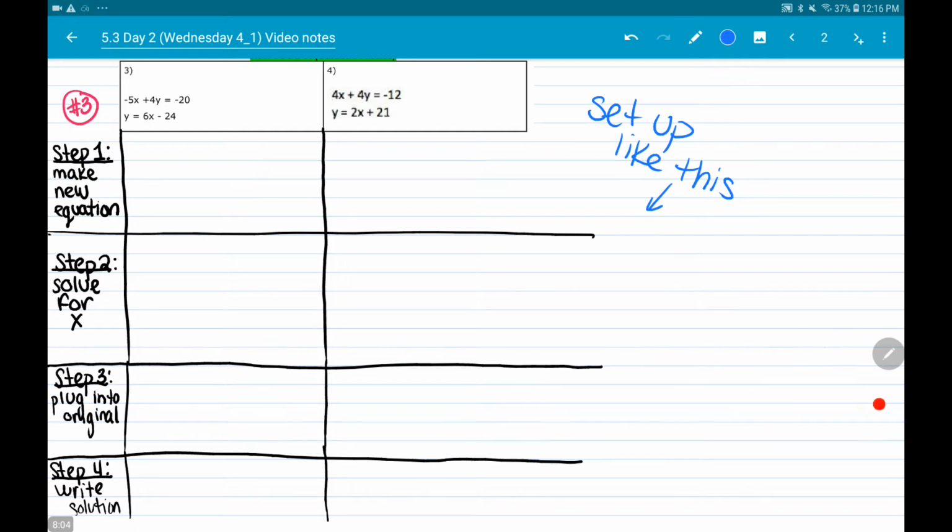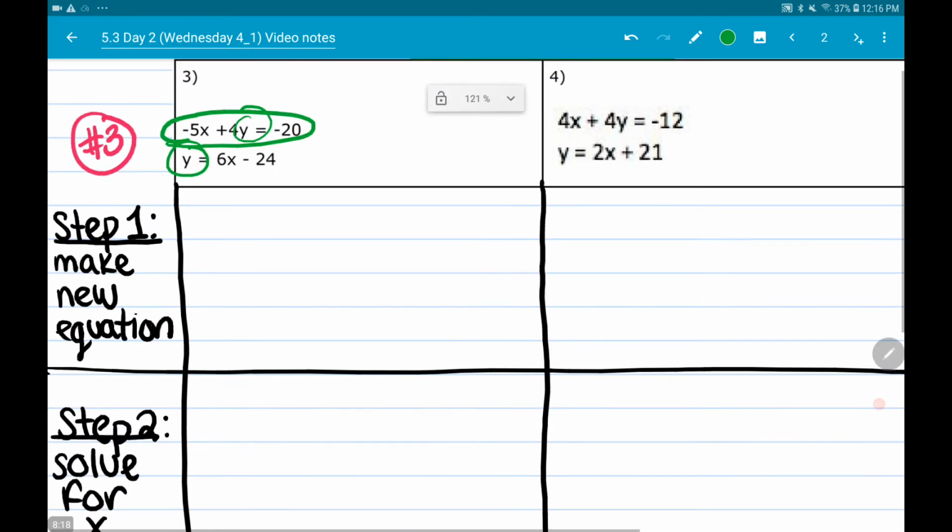Alrighty, so now what I'm going to do is help you get started, and then you're going to finish the problem. So, number 3, let's start together. I see one equation is isolated for y, and the other one is not. So, I take the one that is not,